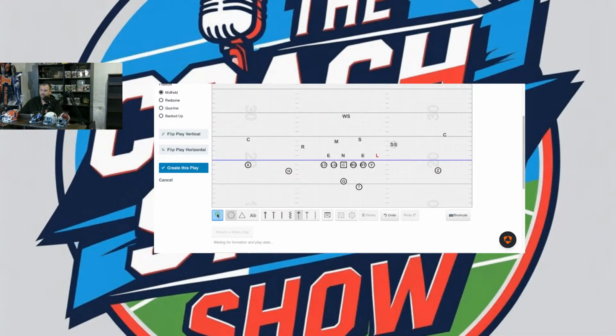I tell my players, inside zone, the reason why it's called inside zone is because we're running between the guards and the center. I want to get downhill. I want to get yards as quickly and as tough as humanly possible. So if they lined up like that, and let's just say we went to inside zone, right,